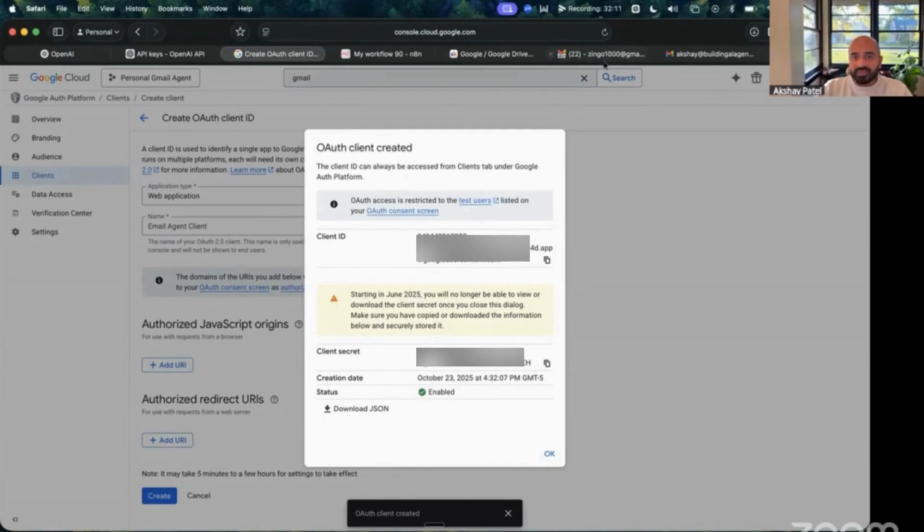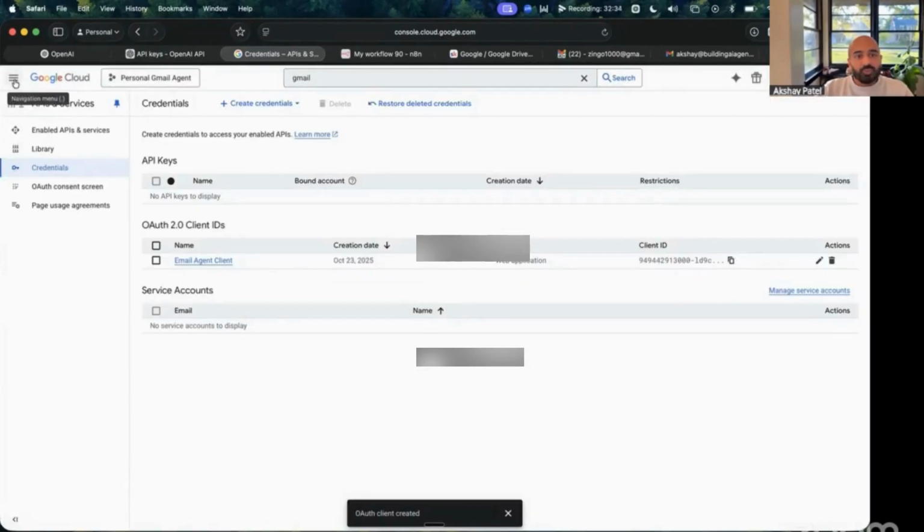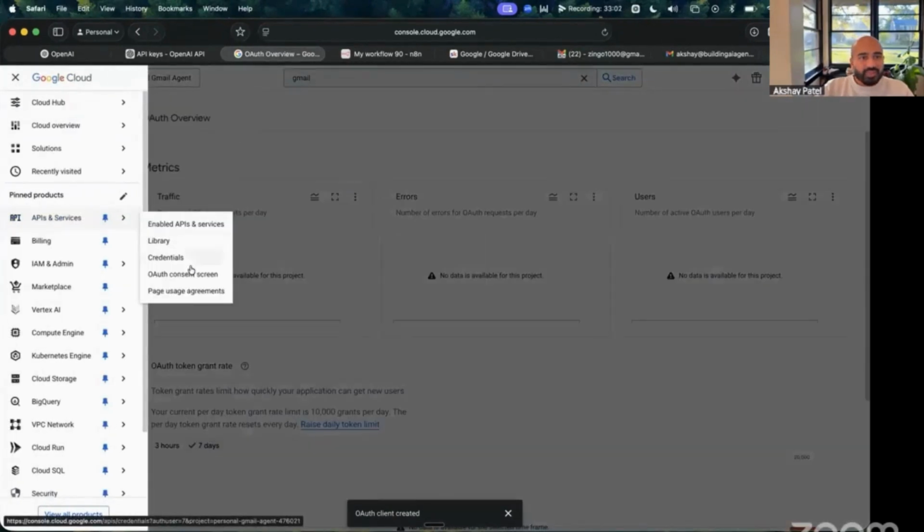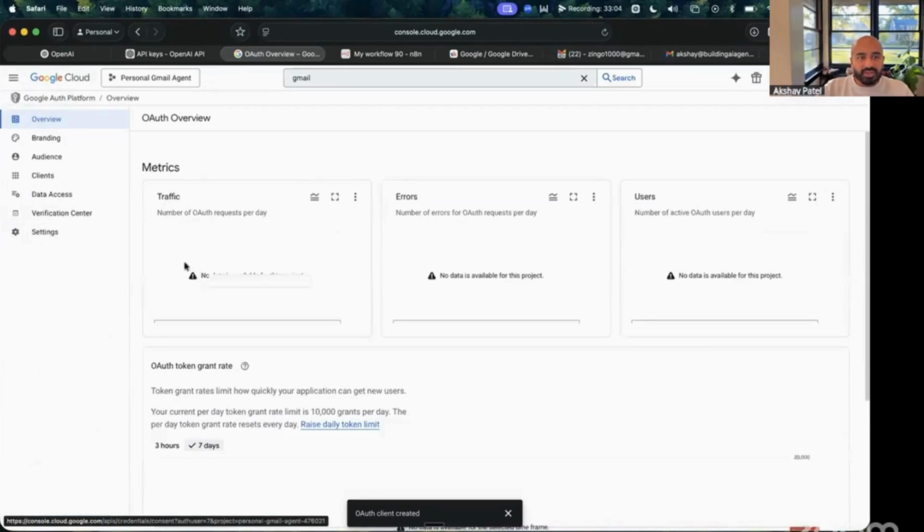In my case, I'll save it in an email right after this, but you're going to want to save this. Your client ID should be accessible, but if you want, just in case, save both. Then we're going to do one more thing. We're going to go here. We're going to go to the API keys, go to OAuth consent screen again, and then you're going to go into audience